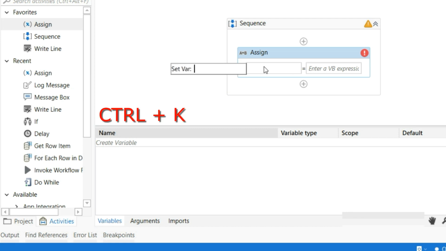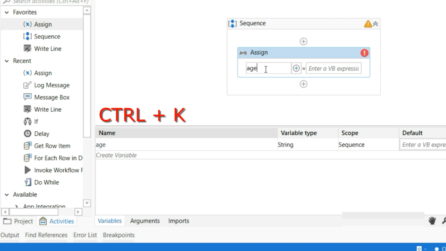When you press Ctrl K, it will prompt you with Set Variable, and it is waiting for you to type something. It is asking you to provide the name of a variable. So I will use age and press enter. Now the variable is created immediately. So I used Ctrl plus K from the keyboard, and it immediately asked for a name and created one variable. But in this way it doesn't ask for the data type, so by default it takes string, and later on we can change the type from here. Okay, so this is the variable declaration.